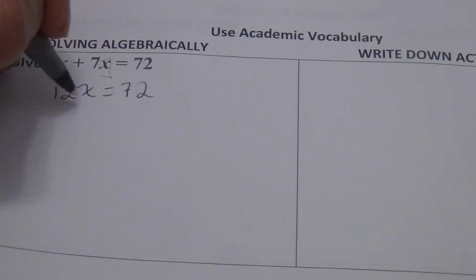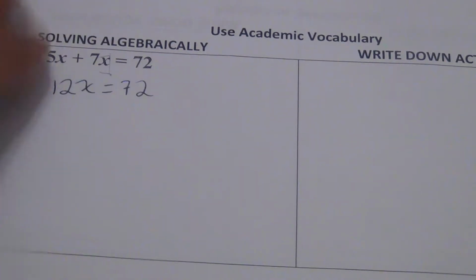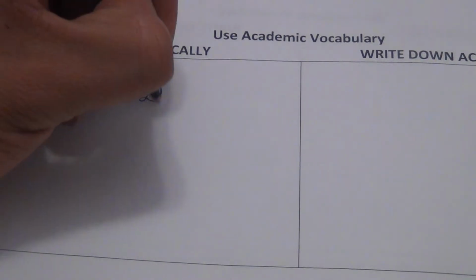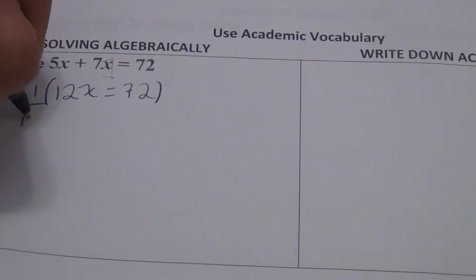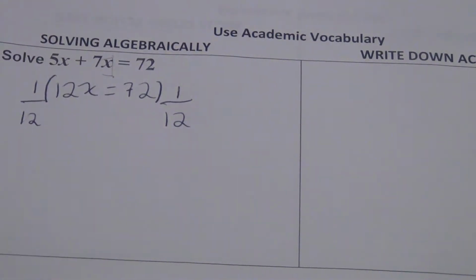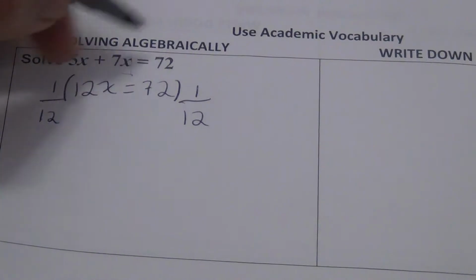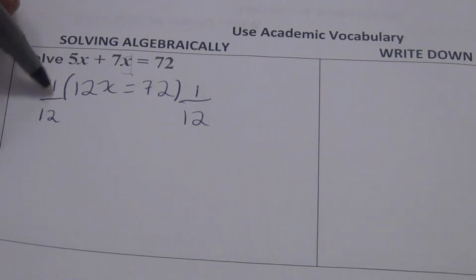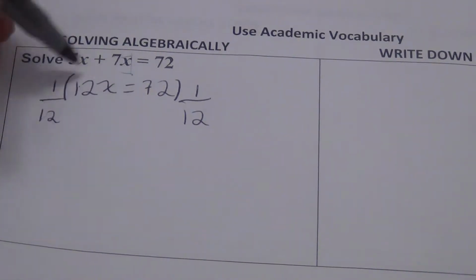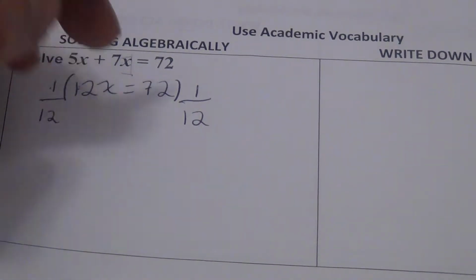I know what you can say. Becker, why don't we just divide by 12 on both sides? Definitely we can divide by 12 on both sides, but once again, for the purposes being, I need you to use the multiplicative inverse the way it's supposed to be used. Okay, so now remember, the idea behind the multiplicative inverse is to cancel it out, and we already seen that 1 times 12x is 12x